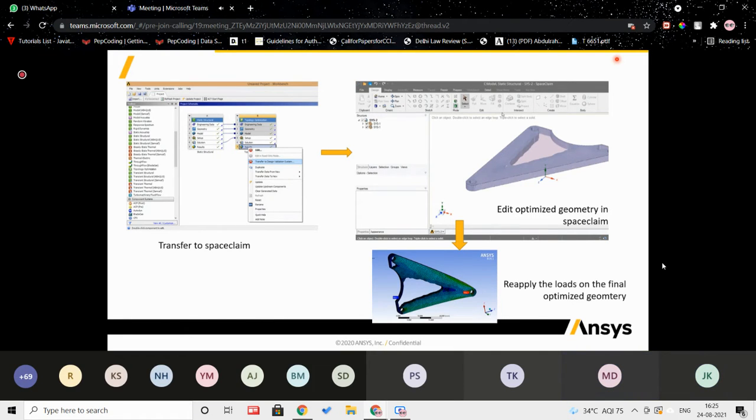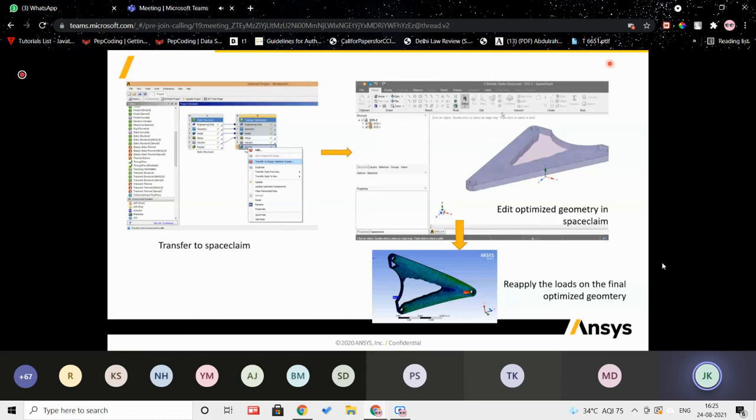So as I said, you need to set the objectives and constraints. Then once you have done it, what will happen? It will do the topology optimization, and it will remove the material wherever it is not required. Okay. So finally, you will see the results, and you can export the result to SpaceClaim, because you can smoothen out the geometry for manufacturing, etc. You cannot use the same geometry if it is curvy. You can take the optimized geometry to SpaceClaim, which is a CAD software, for smoothing the geometry you got after topology optimization.